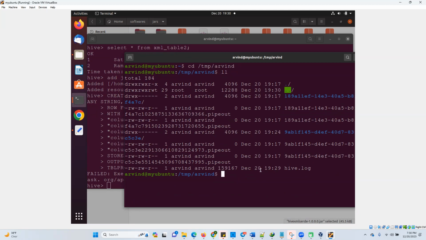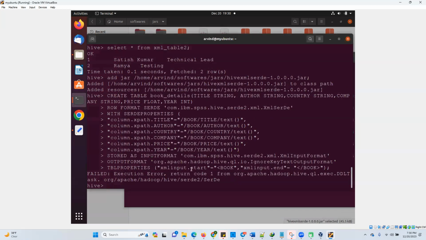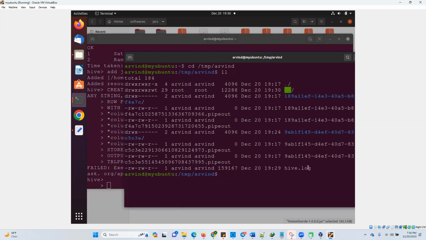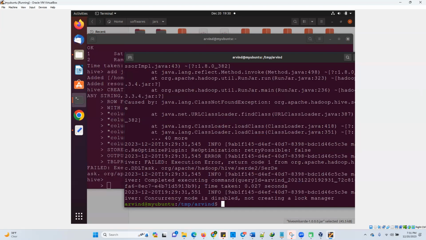So can you check, the latest log is 729. This is the latest log file, right? So I check the logs data. I do get hive.log. So when I'm doing cat hive.log,